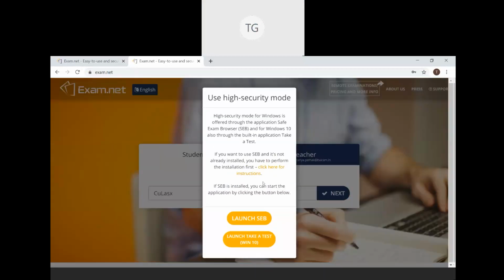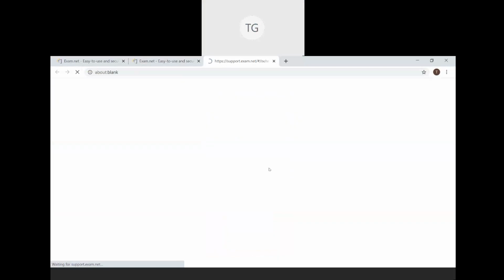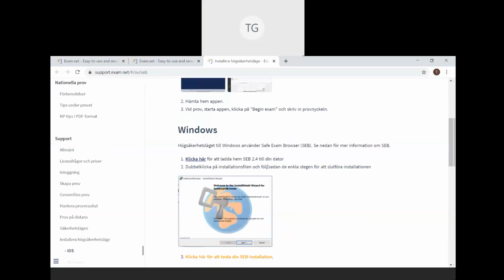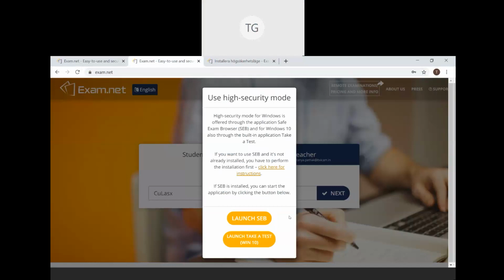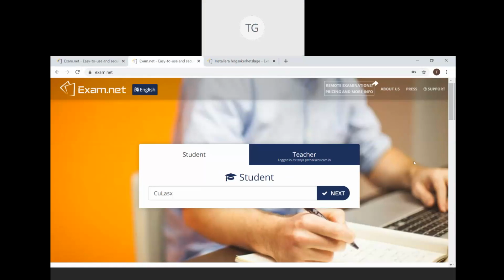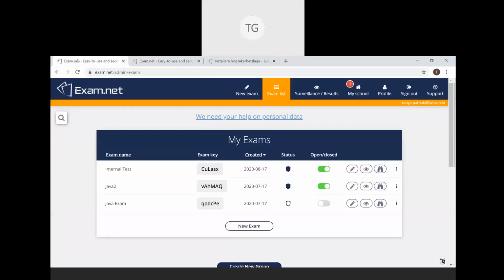So it will first tell me it is a highly secure exam. It will require a secure exam browser to be downloaded. If you have not downloaded it, then go about the download. It is itself showing the instructions, right? So for Windows, this is the installer that you need to download, and then you can take this exam. So you first have to download the installer because I've created it in secure browser mode, and then you can take it. I have launched the secure exam browser on my system, so it will work for my system. Now, if you want to see where on the site you can look for the exam browser, I'll just tell you that.